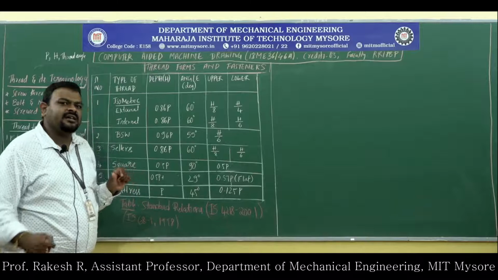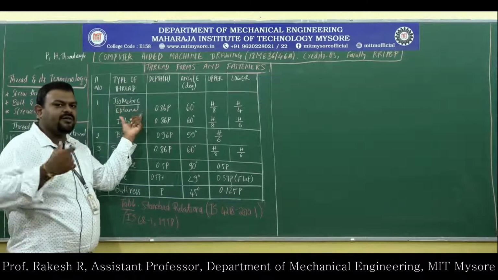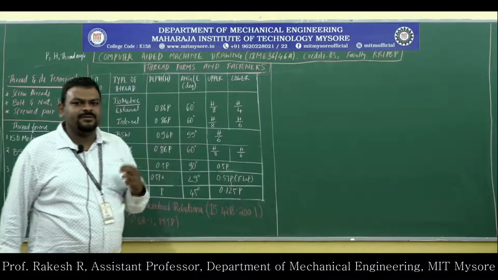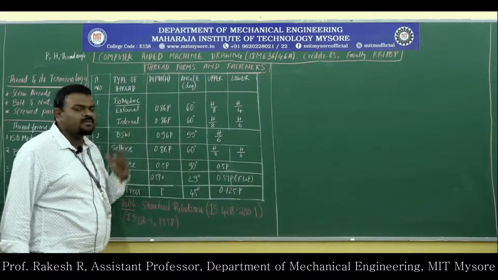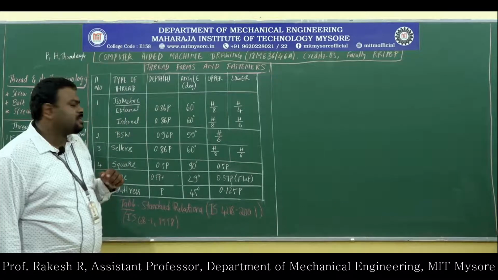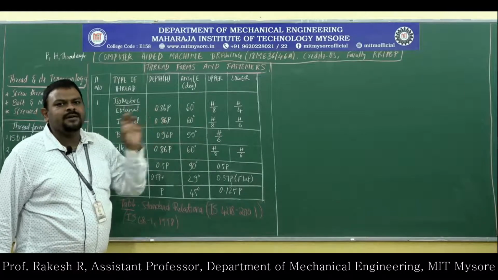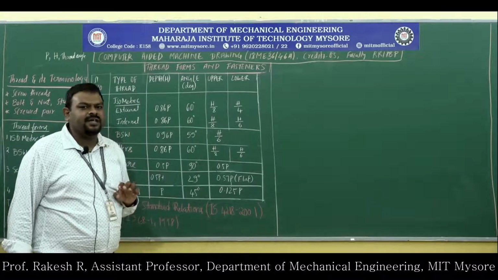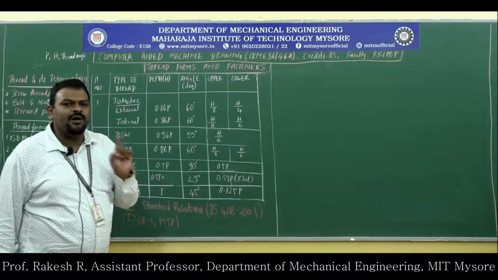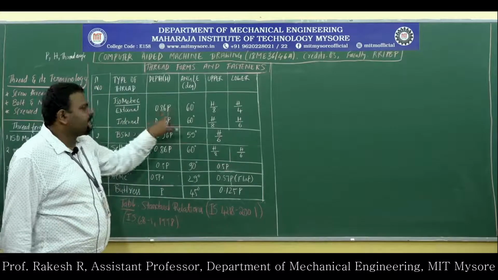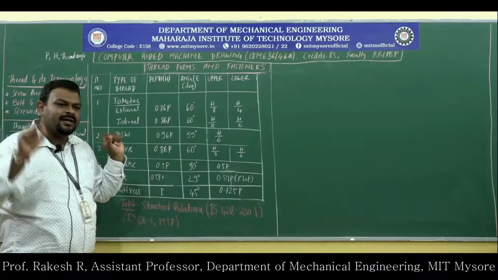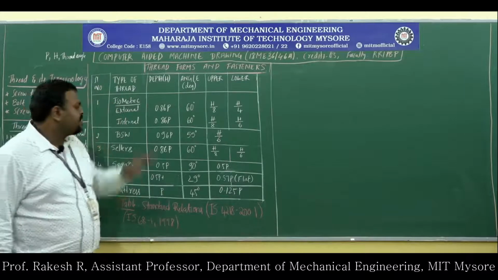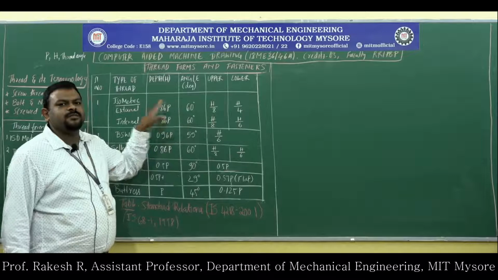Most of the cases directly they will mention external or internal thread. If they ask only isometric thread for 25 marks, then you have to write both external as well as internal thread. Most of the cases this will be asked for 10 marks, 5 marks for each thread form. So in the 5 marks, basically first you have to do calculations. Calculations are all based on pitch. They will be giving what is the pitch. So, draw an isometric thread for the component having pitch 50 mm. Here the pitch is given. The rest of the dimensions are based on the pitch.